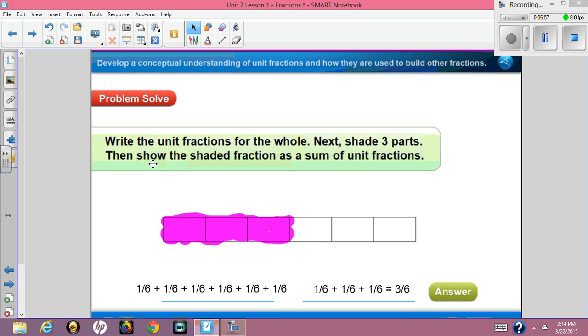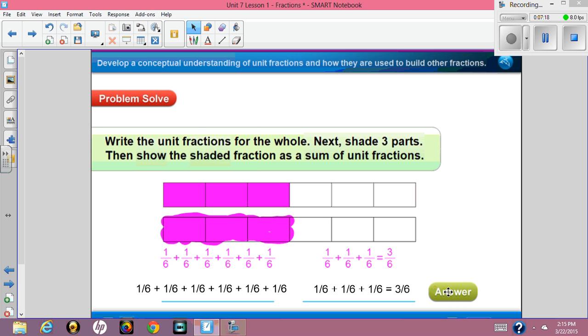Then it says then show the shaded fraction as a sum of unit fractions. So here's our 3, and I have used the sum of 3 unit fractions. 1/6 plus 1/6 plus 1/6 equals 3/6. For confirmation, there is our